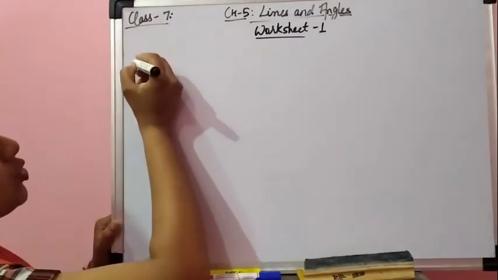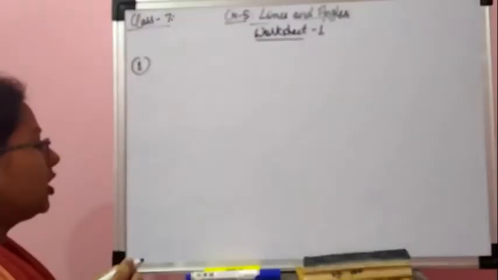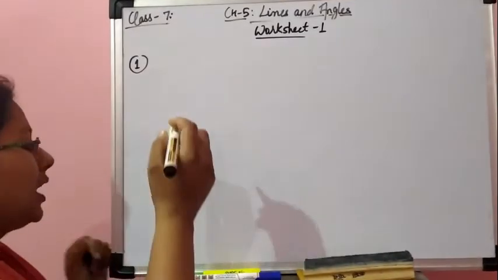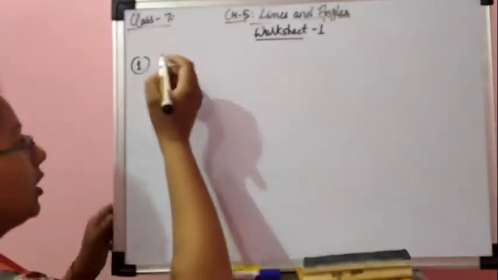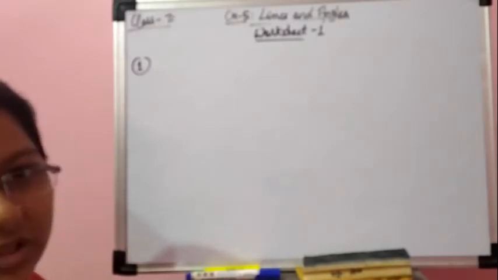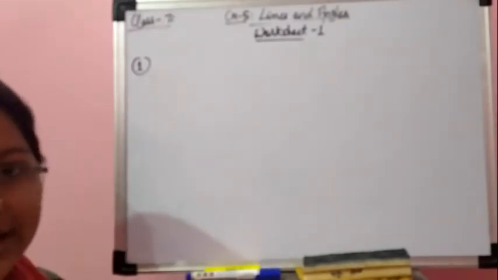After that, question number 1 was: find the complement of each of the following angles. In exercise 5.1 also, we have done questions related to finding the complement of given angles. So how do we do it? Let the complement be x, and 30 plus x is equal to 90 degrees, and in this way we find it. Here I will not write the complete method, I will only mention the answer, and for the method you will consult the exercise question.